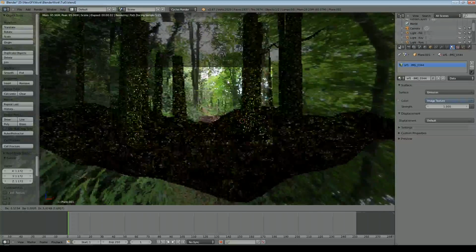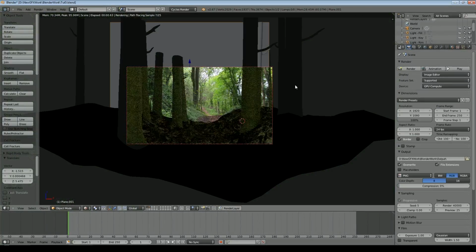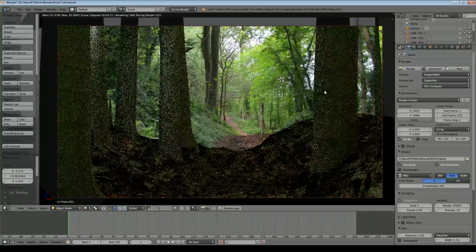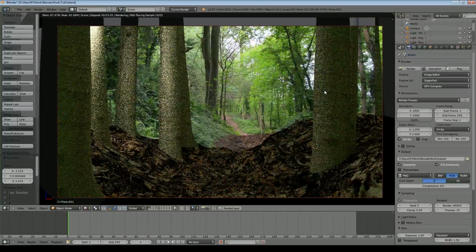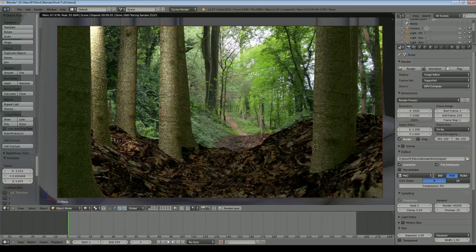And there you can see we can now move this around to get it where we want it. I'll put the border render back on. And although we don't have a real sun in the scene at the moment, you can now see how that lines up. The environment texture gives you some of the illumination, the sort of green illumination and so on, that goes in here. But you can already see this is starting to line up.